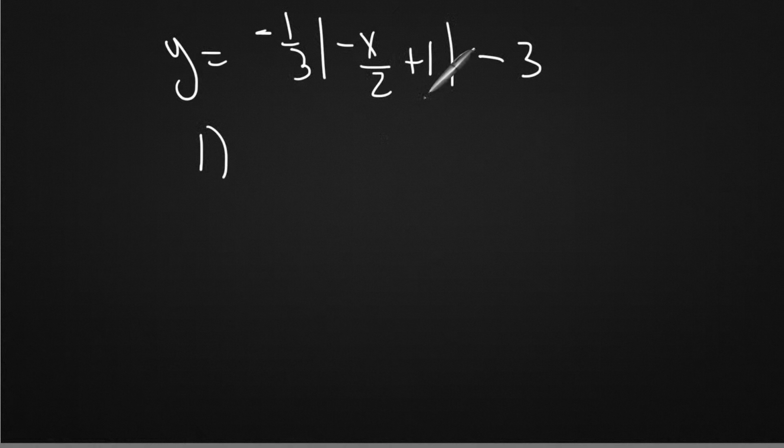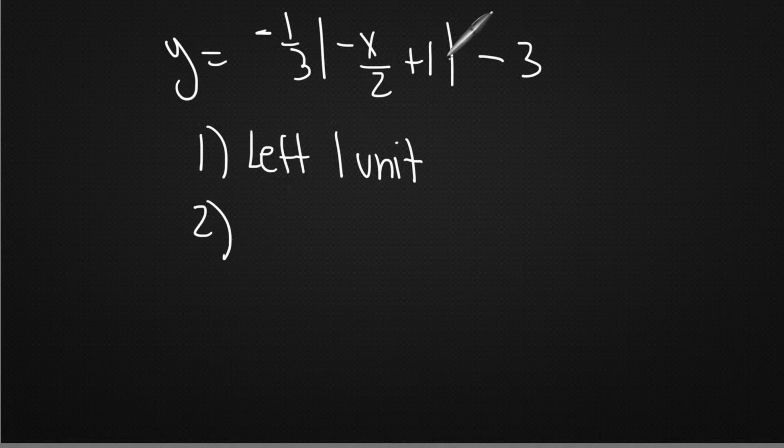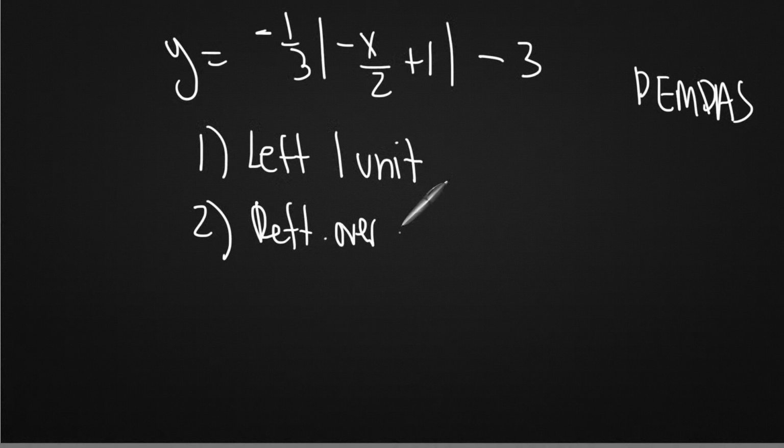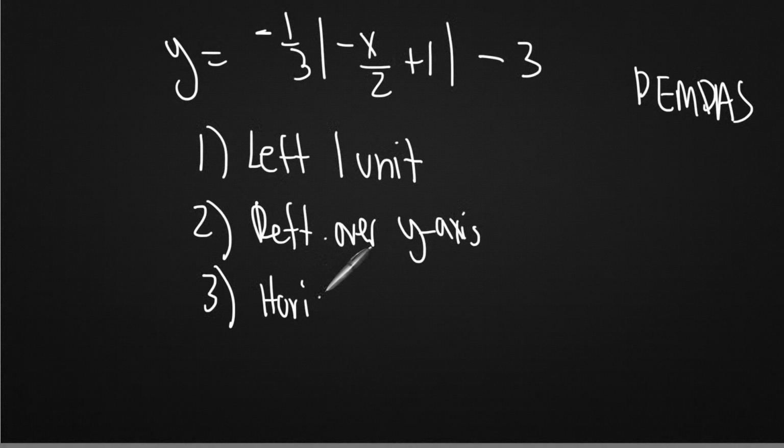So the first thing I'm going to do is list my right and left transformation. I see an x plus 1. So I'm going to write that as left 1 unit. And then I'm going to stay inside of my grouping symbols because now I'm going to follow my trusty PEMDAS. And so are there any parentheses? So replacing the x with negative x is going to be reflection over the y-axis. Then I have x divided by 2, so therefore that's going to be a horizontal stretch